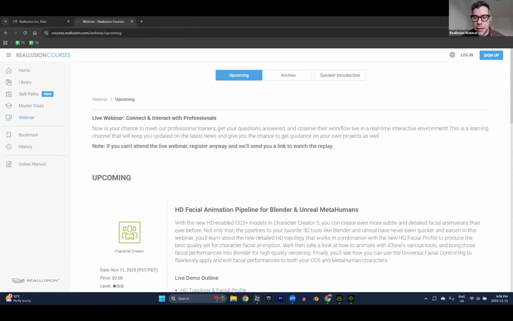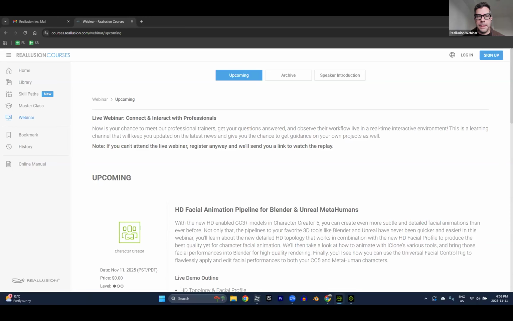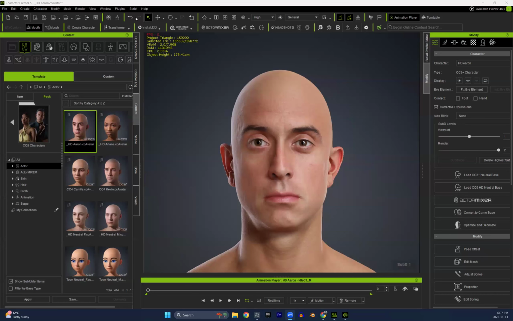Let's make sure we share my Character Creator screen now, since that's my introduction for the live demo. I'm going to just move this down here. All right, let's stop that sharing. Should be me on the screen there. Okay, I'm going to share my screen, and we're going to get started on Character Creator. I'm going to introduce you to the profile, and then we'll get started in Blender and Unreal. So lots of exciting stuff to come up. And like I mentioned, any questions, put your questions in the Q&A window, and we'll get to that. All right, so we're going to share screen one here. And I'm going to hide my webcam for a bit, just so we don't interfere with any of the motion